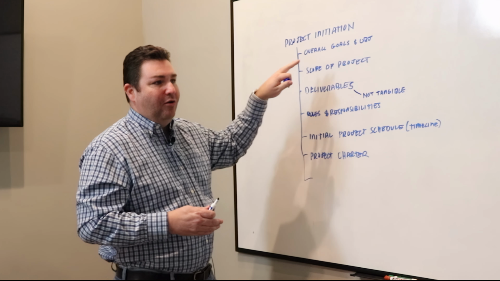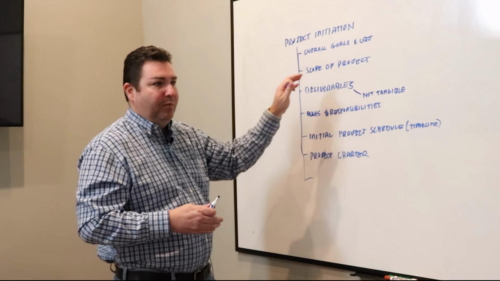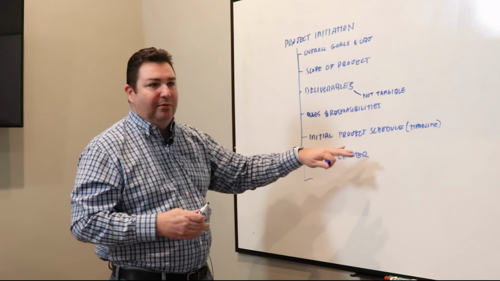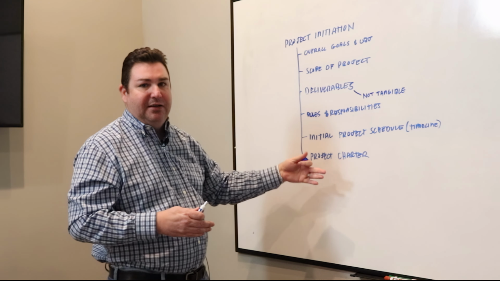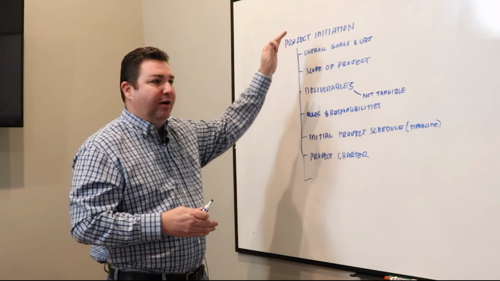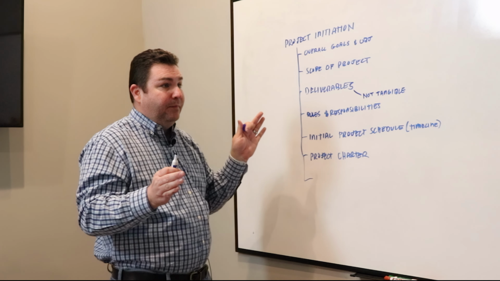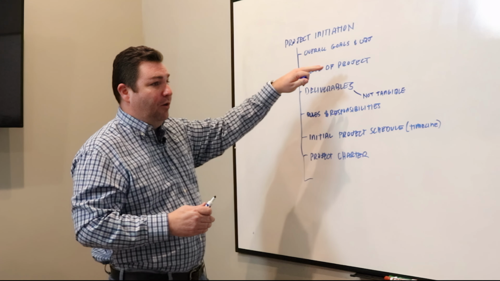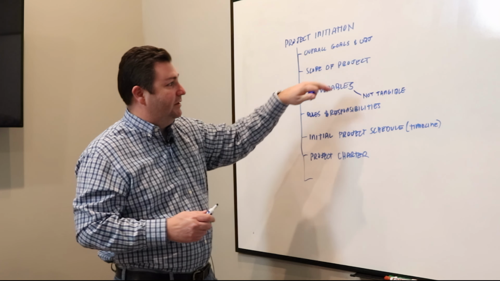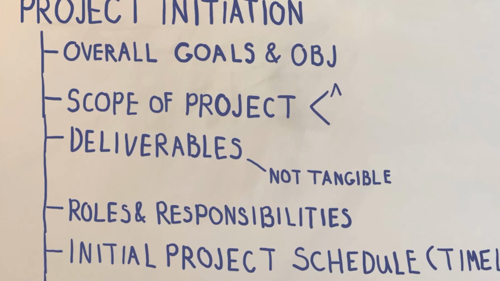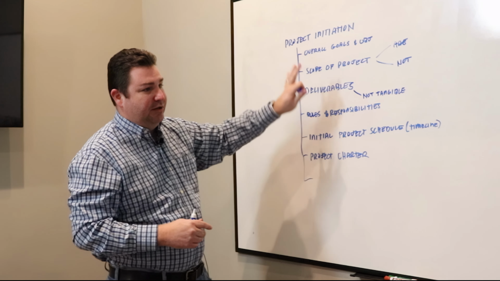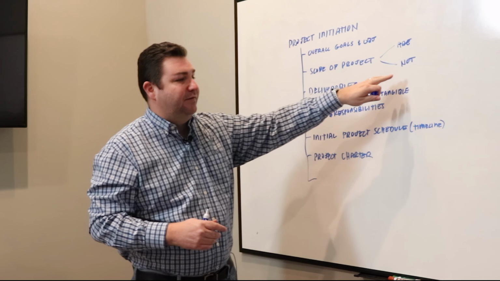By restating all these overall goals and objectives and the scope of the project, it gives everybody that has a role in the project the opportunity to read through that and see, okay, this is what this project is for, and we are going to cover these types of things. Or on the converse side, we're not going to cover those things, right? Sometimes a project charter and the scope can be just as important to say what we are doing versus what we're not doing. If there's any gray area, use this project charter and this initiation process as an opportunity to define that.